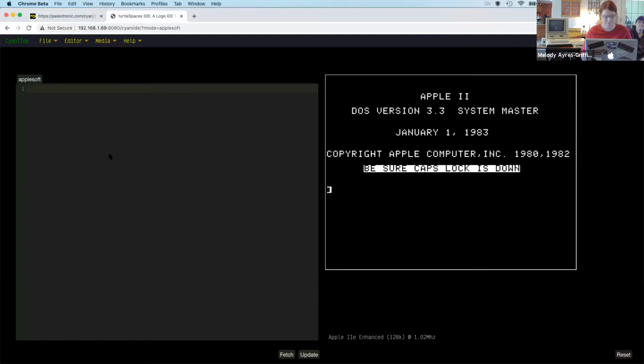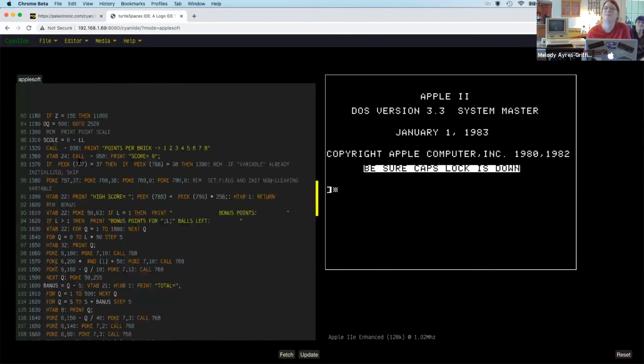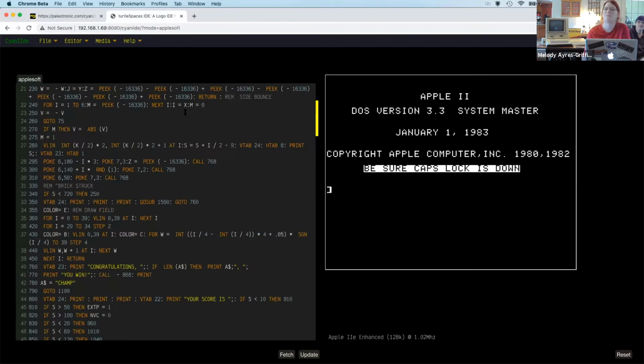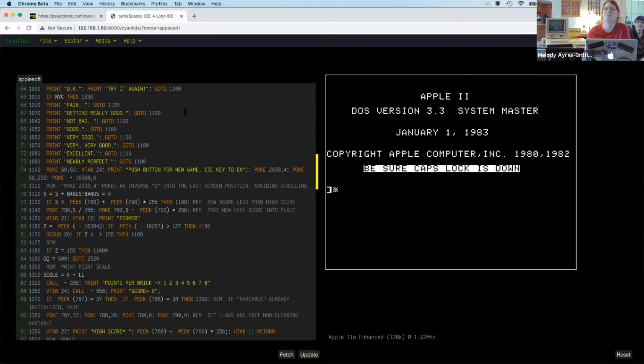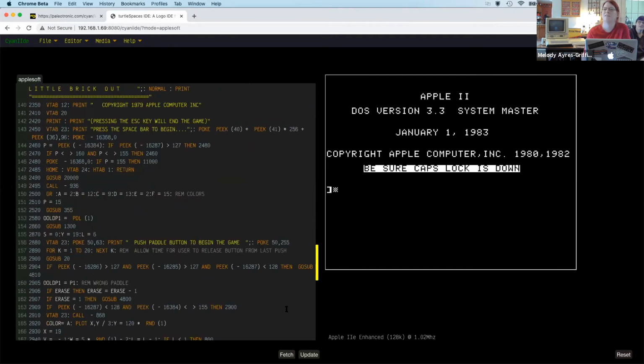So we have a little brick out for AppleSoft BASIC, and so we've stuck it into our editor here, and it's all here. And then we go update, and then